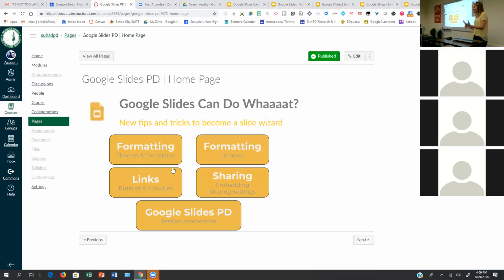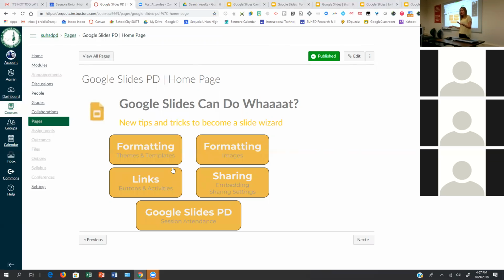One other thing, and if you've been to one of these trainings before, I've mentioned this. I like to do my trainings out of Canvas for a few reasons. One is all of these resources that you'll see on each of the pages, you'll have access to those forever from now on, as long as you're in this district and we still use Canvas. So you'll have all of these resources at your fingertips. You don't have to remember, what was the name of that slide that she shared?